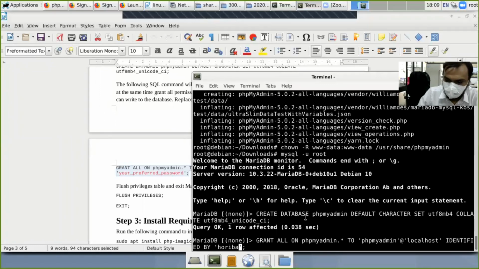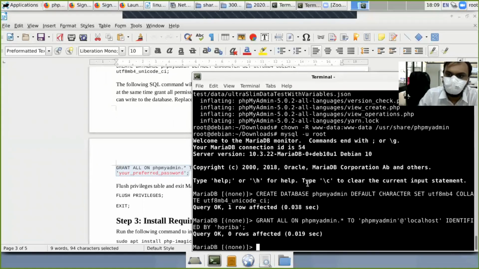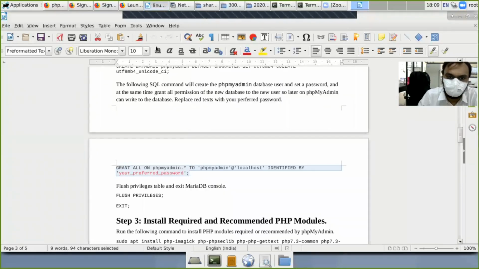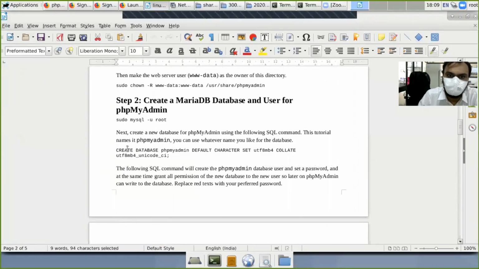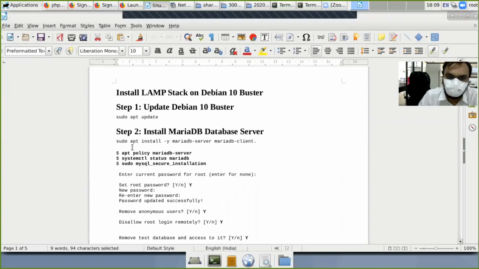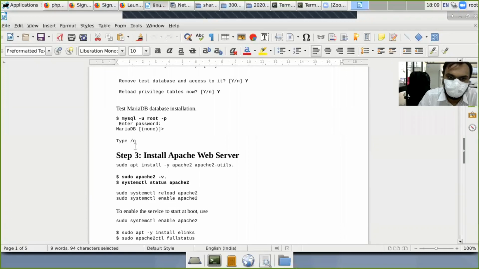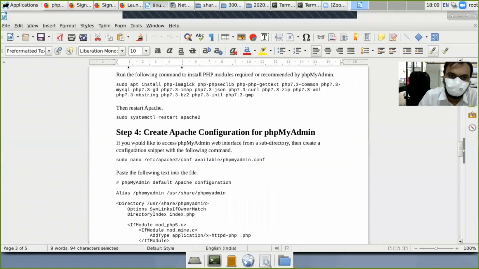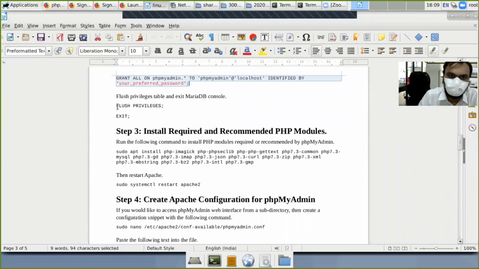After that just press enter. Okay, so your rows are affected. Now you can check. Go to flush privileges and exit. Okay, flush privileges.